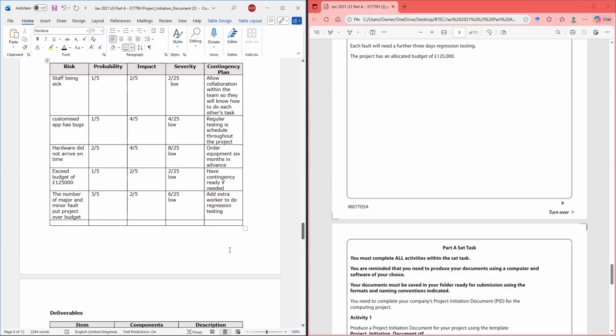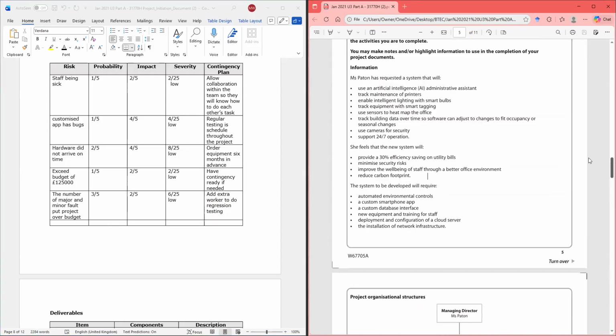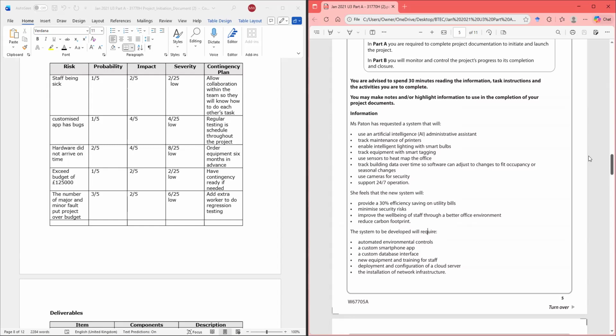All right. So we need a backup system. Let's go back to the task. Track equipment was done. All right.